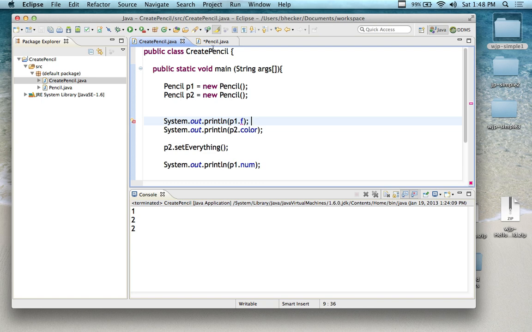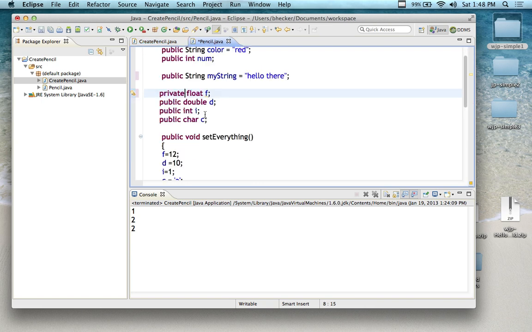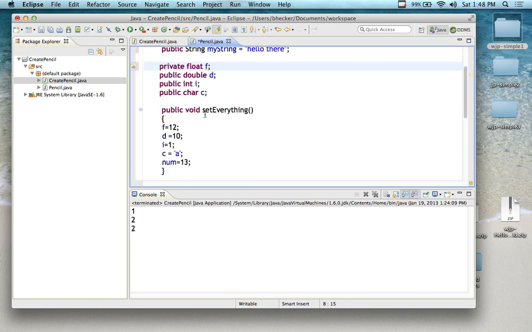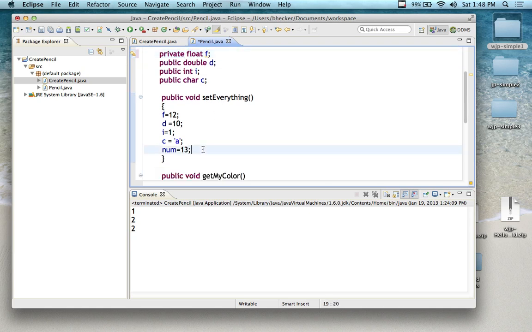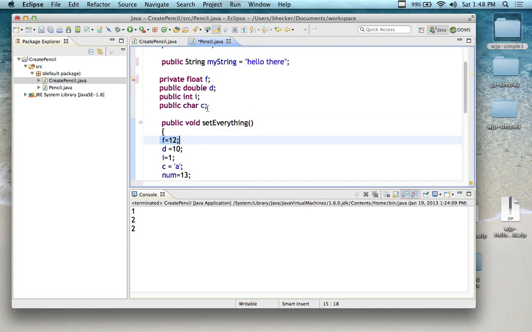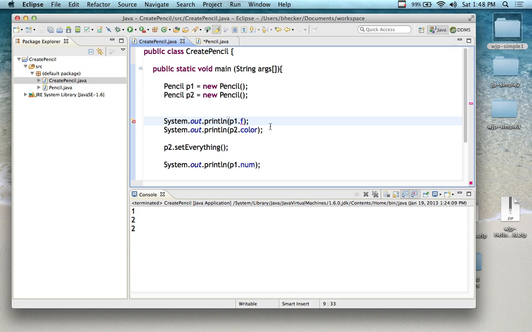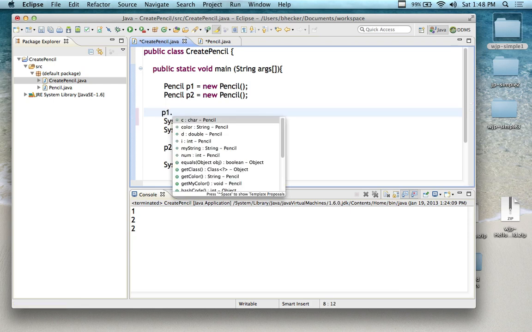But inside of here, as an example, let's just leave it like this for a second here. And down here where it says set everything, I'm going to put, oh, we have F in here. So we have set F in here to 12. So although I can't use the dot, I can't use here, I can't use this because F isn't visible. I could, let's just put color here. I could come up here and say, well, P1 dot, what was it to set everything? Set,